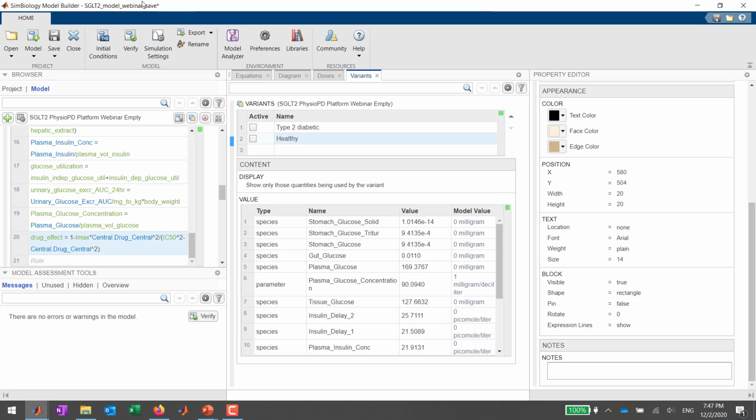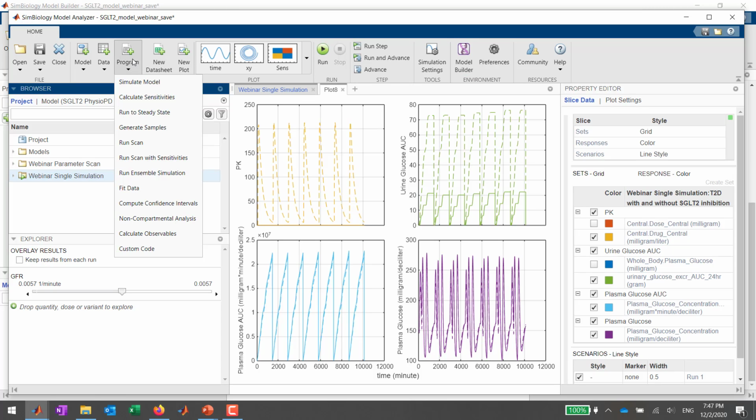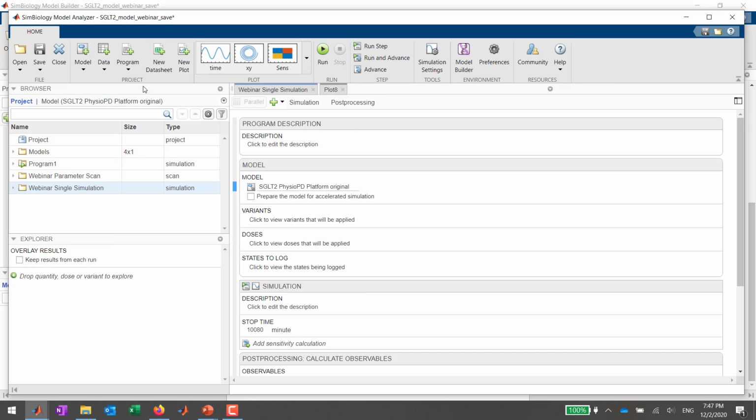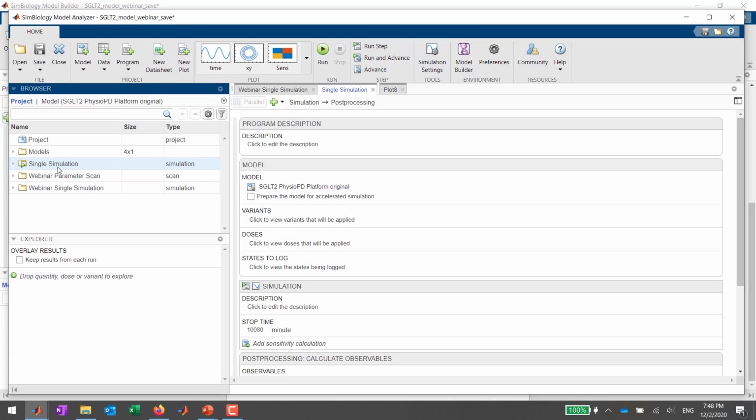And so far we've worked in the SimBiology Model Builder, and now I'm going to move to the other app, the Model Analyzer, to do the simulations. So here we saw the simulation from earlier. I'm going to create my own simulation, and a simulation is called a program. So there are multiple types of program, and simulation is one of those programs. So this program I can rename. I can say this is a single simulation, and now I can go through this step by step and see what it is that I want to